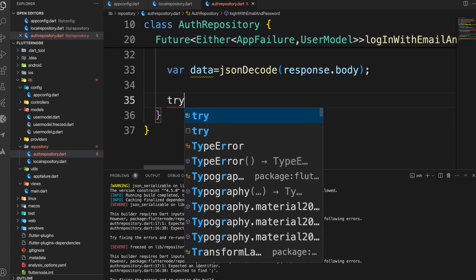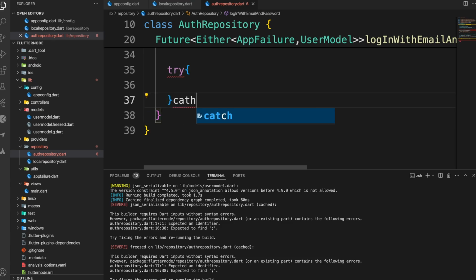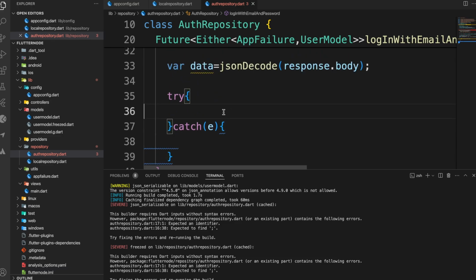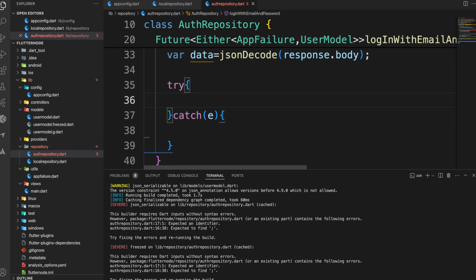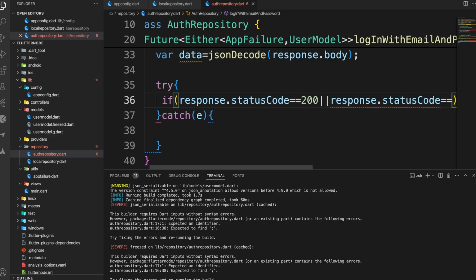Okay. And then there are a couple of things that we need to do here. We need to make a try catch block. Since this is a network request, we need to create a try catch block in case there are any errors that we need to catch. So inside our try catch block, we need to make sure that if the response.statusCode that we are getting from the server is equal to 200, or if our status code is equal to 201,